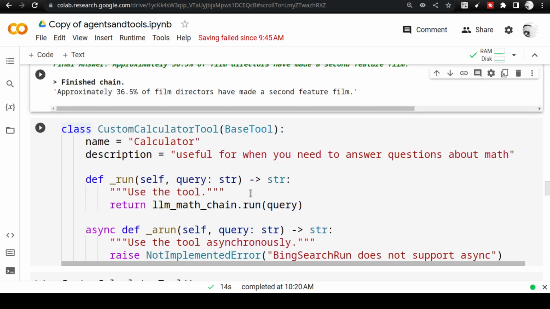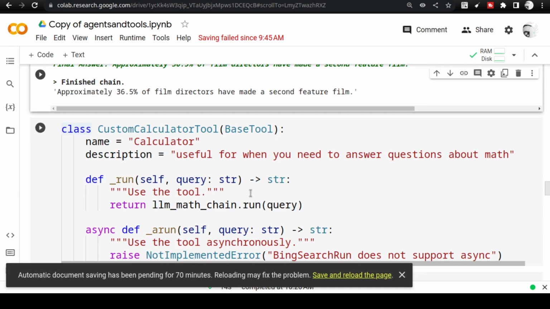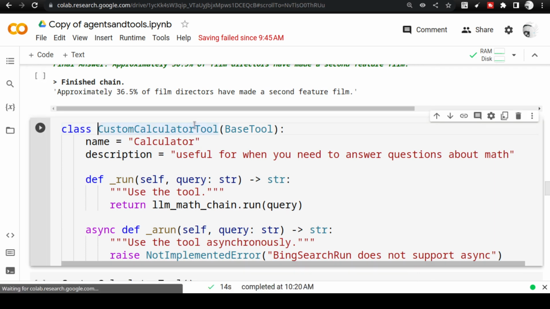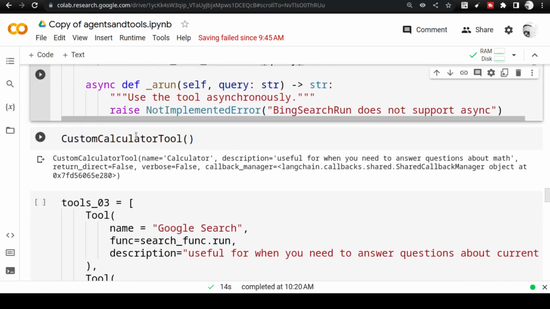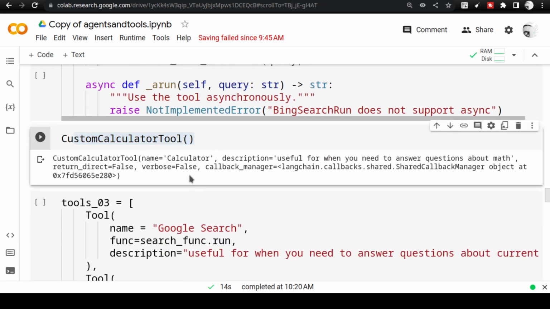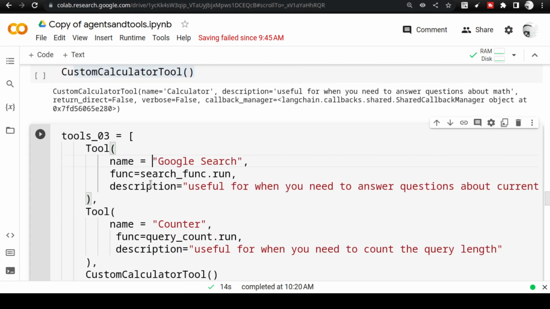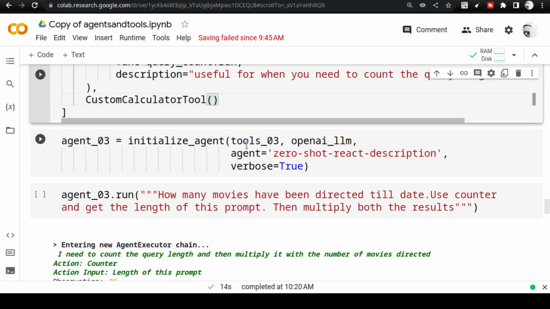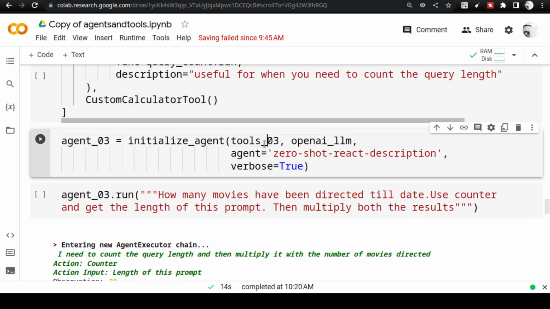That is one way of initiating the tools and using them in the agent chain. There is another way where we use a custom calculator tool. We will be using the LLMChain only, but we are going to create it as a class. So you see that the class is like this, and instead of the function you are using the class here. Also, you see that I am going to use counter, Google search, and the custom calculator. I am going to use all the three in tools set 3. You see tool set 3 is tools_03. So take note of the variable, and I am going to use